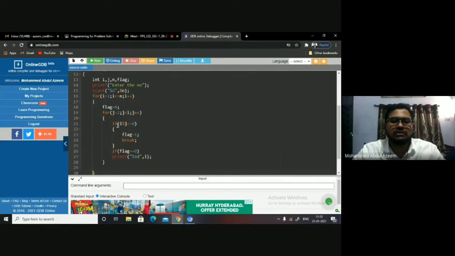Now the logic is to divide i, because i carries all such numbers for which I need to test the logic. Divide i with a set of values between 2 till i minus 1, which I have taken in j. So i mod j. If at any time this condition is true, then we change the flag value to 1, so that when you come out of the loop, you will know whether you have entered into this even once. If you have not entered even once, then the flag is 0, and only then you say it is a prime number. So that prime number is simply printed.